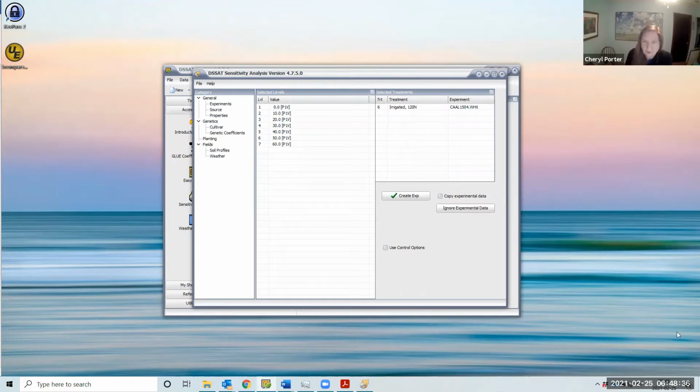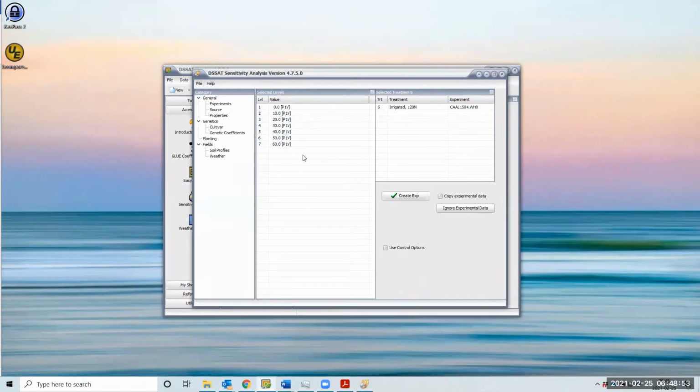Okay, so it's going to start with this one irrigated high nitrogen treatment, but it's going to create 7 treatments for that using different values of this P1V cultivar parameter. То есть программа начнет работать с вот этим минимальным значением,